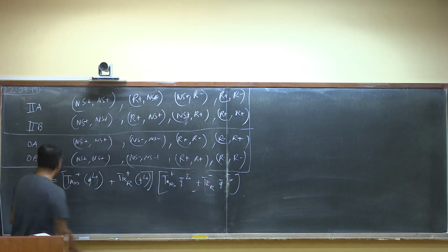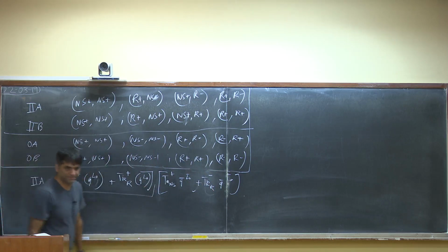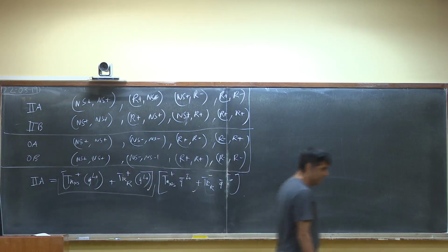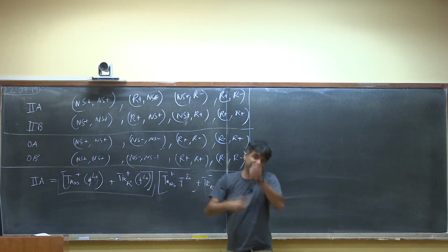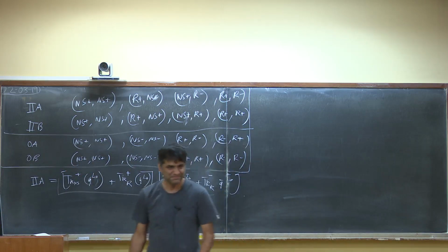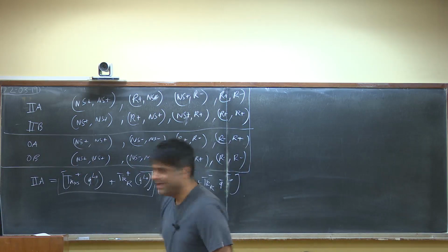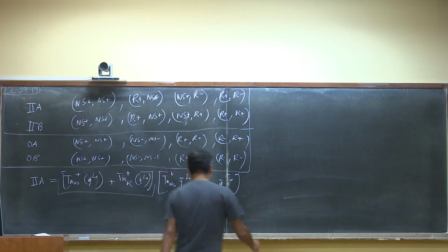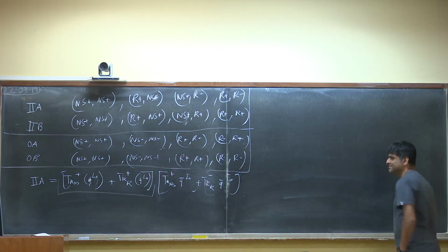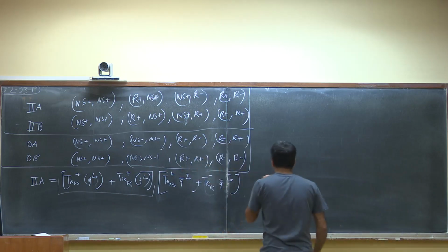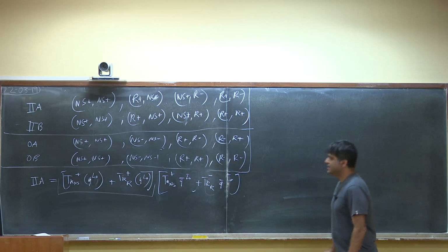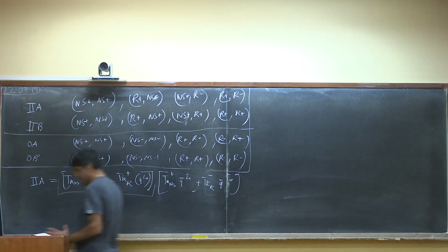Okay? So let's look at each of these separately, and then we can put them together. This is something you cannot in general do. For instance, here, we have to look at them one by one. But for these cases, we can look at them separately. Like pure states and mixed states, exactly. Okay, so now let's see.